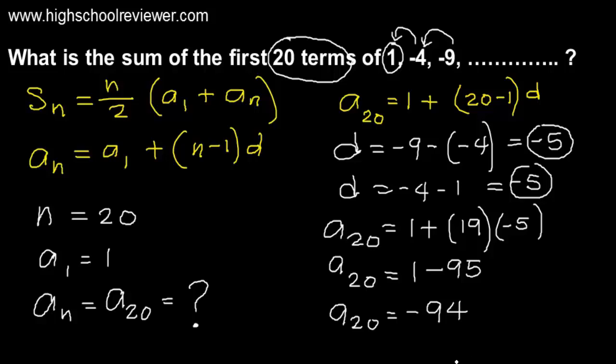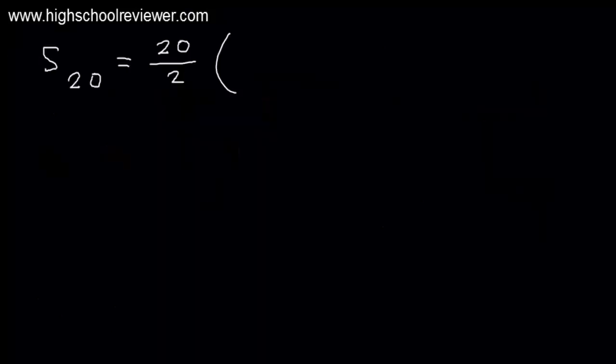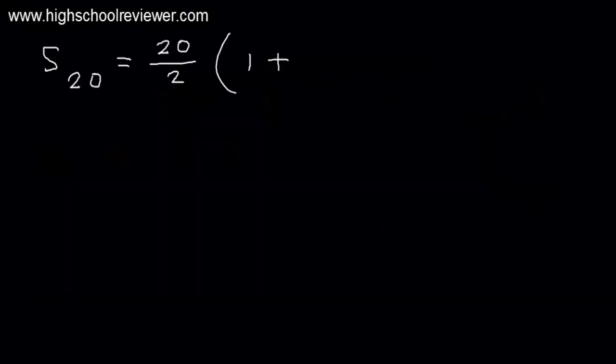So we have the value for a sub 20. We can now find the value of s sub n, or s sub 20 rather. So our s sub 20 will be equal to 20 divided by 2, and then multiply this by our first term. What is our first term? Our first term is positive 1. So this will be multiplied by 1 plus our last term. What is our last term? Negative 94. So this will be 1 plus